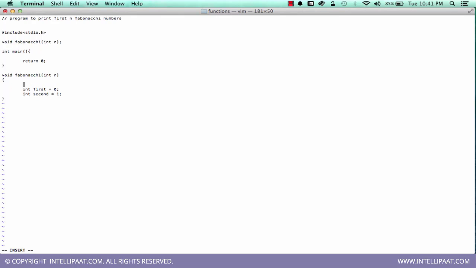So in case if n equal to 0, sorry, 1, printf percentage d, let me say if n is greater than equal to 1. Okay. If n is greater than equal to 2,